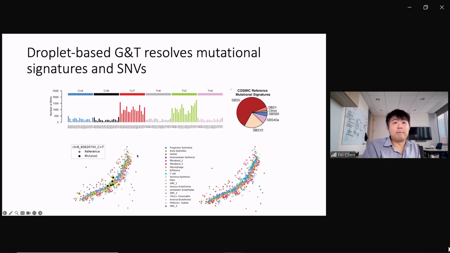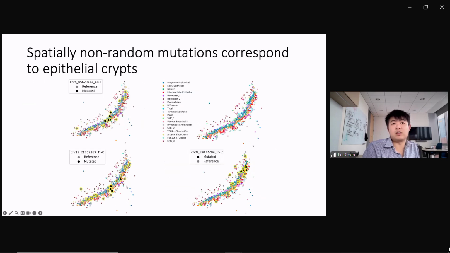And here I'm showing you one single nucleotide variant. There are about 10,000 single nucleotide variants in this sample with variant allele frequency less than germline. So this is just one of them. But I'm showing you this one because here's the colon, and you can see the individual crypts. You can see the layers of different cells, and the crypts are oriented this way. Here, this variant is actually spatially clustered, where the variant allele is all clustered in one region. And we observe many variants like that, actually. And these variants probably correspond to these epithelial crypts, as we'd expect.